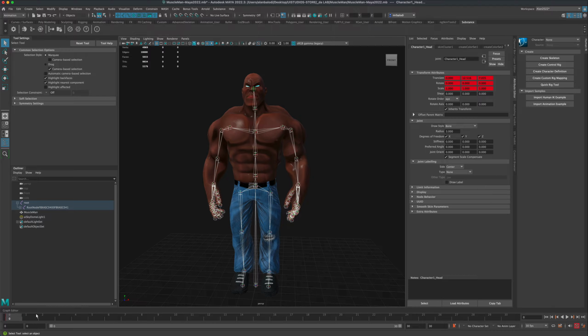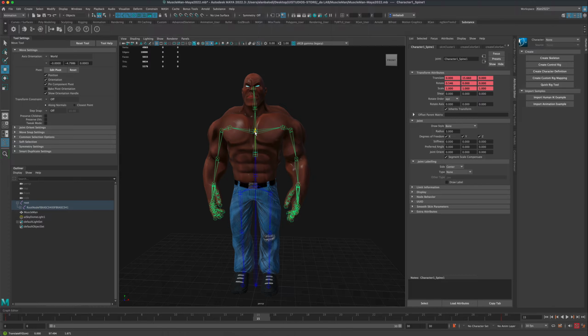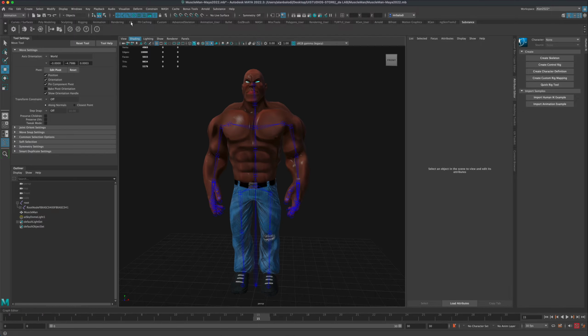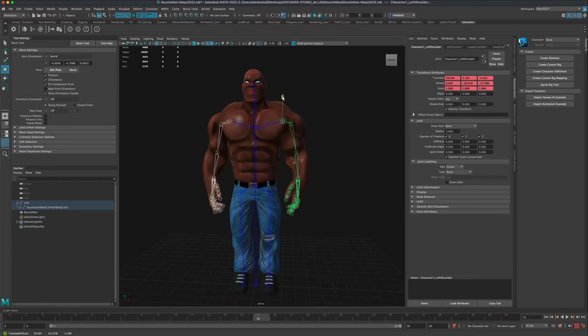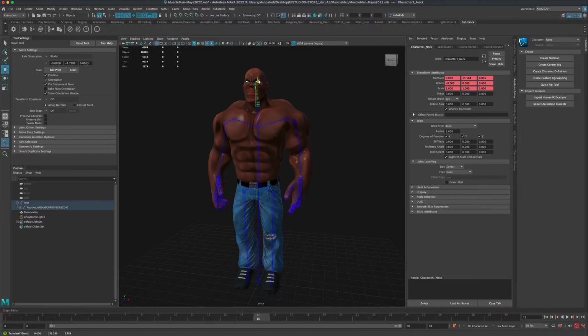I pressed S, then I'm going to go to my last keyframe and press S again, and then in the middle I'm just going to create some sort of movement so it looks like he's breathing. So maybe I'll take his chest up, I'm going to uncheck my mesh, grab his shoulders, maybe move them up as well, bring it down a little bit,